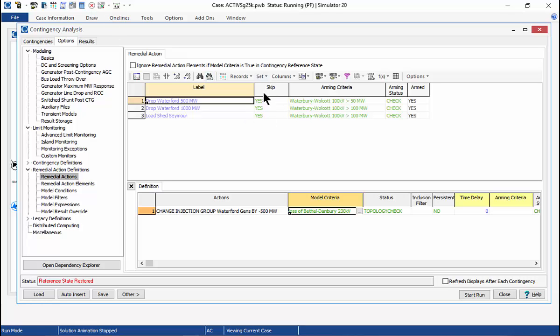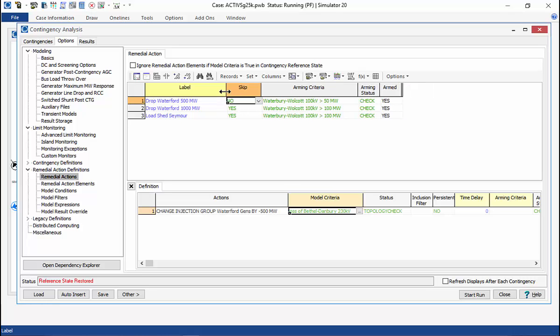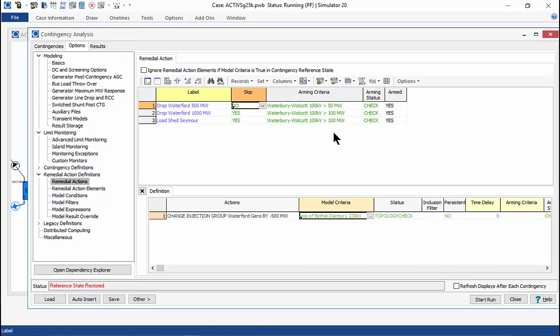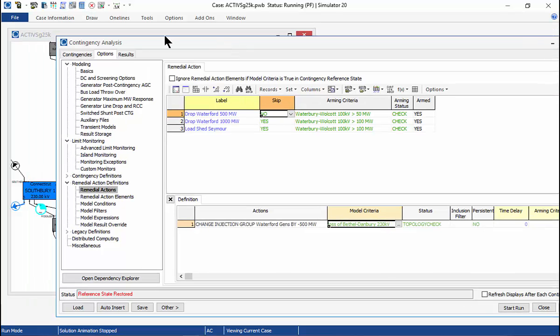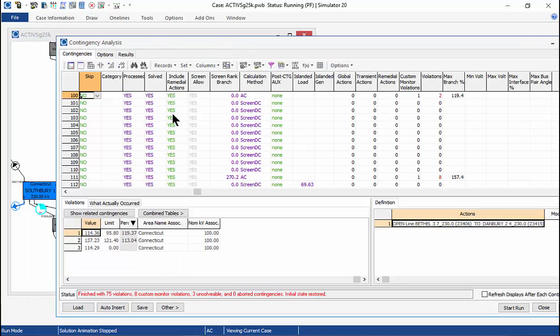So on all of these, I also have a skip field set to yes. What I want to do is incrementally work with these different stages of remedial actions by toggling the first one, drop Waterford 500 megawatts, skip to no. Now that one will be taken as long as the arming criteria is met, and then the actions down here will be taken as long as their model criteria is met. So I'll go back to my contingencies,